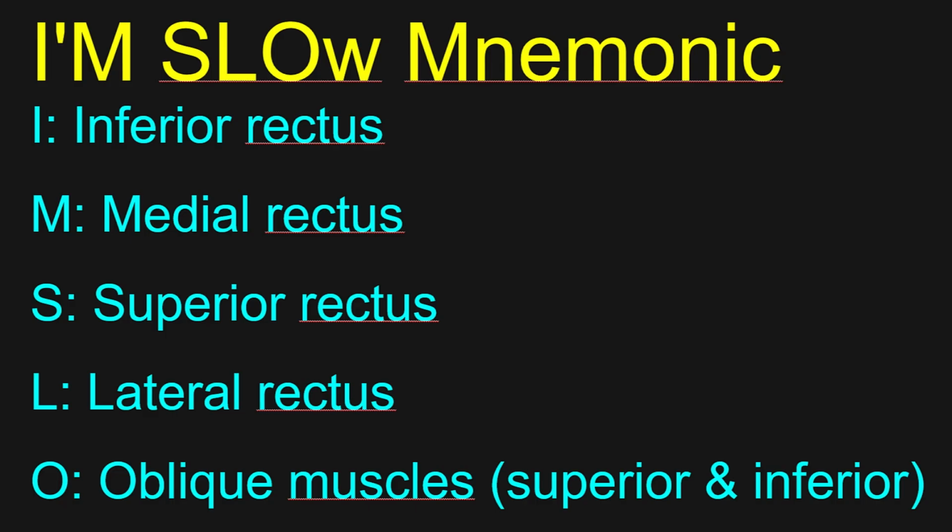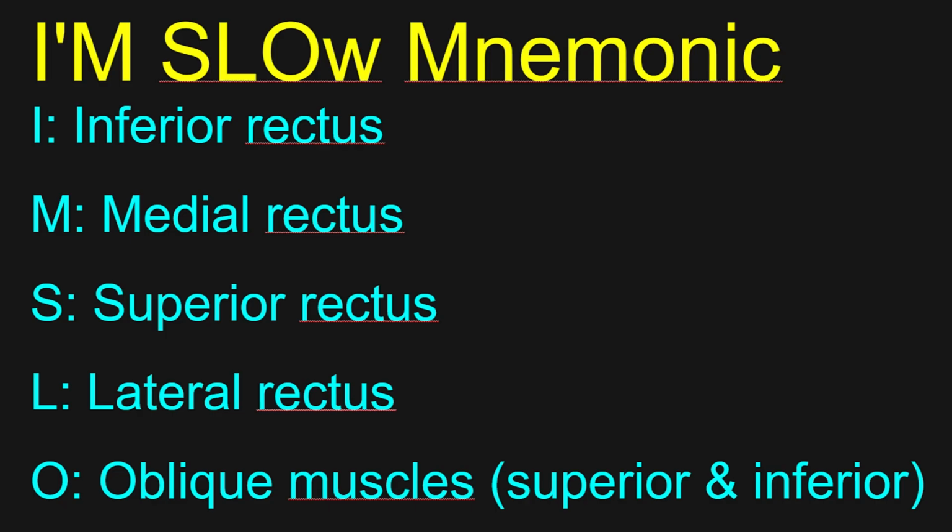The order in which muscles are typically affected can be remembered with the English mnemonic, I am slow. The I refers to the inferior rectus, M to the medial rectus, S to the superior rectus, L to the lateral rectus, and O to the oblique muscles. In practice, the inferior rectus is most frequently involved, followed by the medial rectus, and less commonly the superior, lateral,